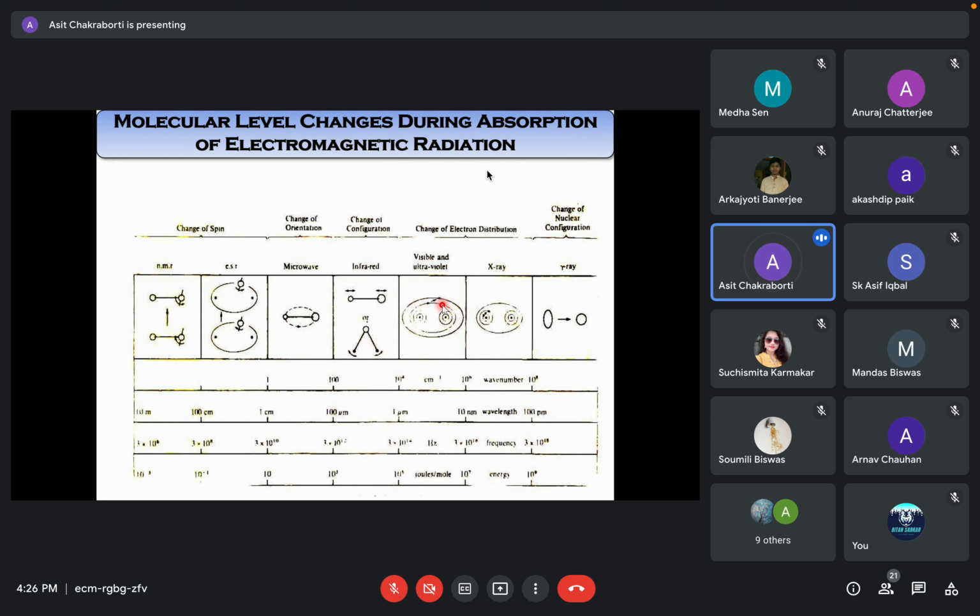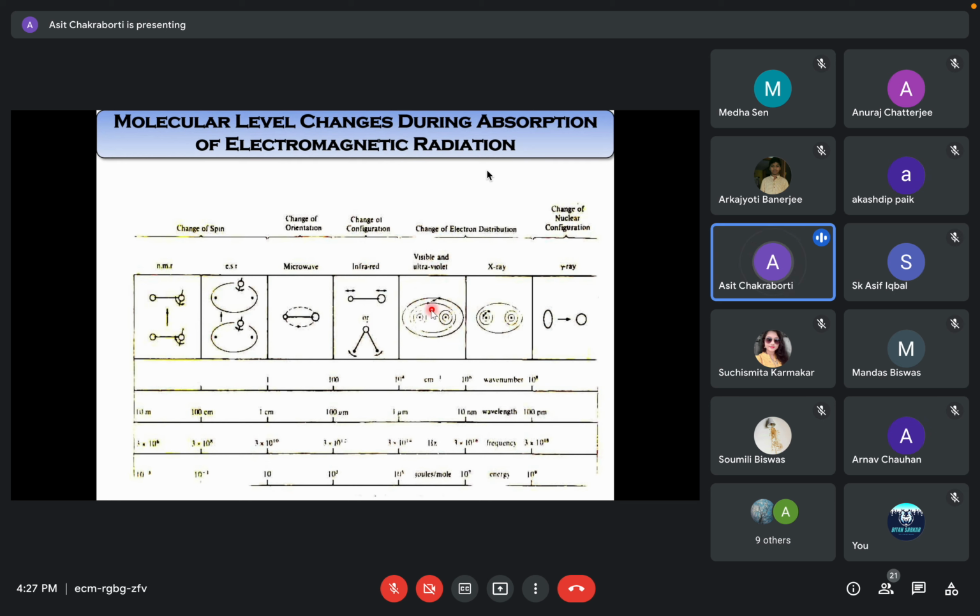The boundary is like this: during exposure of the analyte to the electromagnetic radiation, it should not undergo any bond cleavage. Dissociation means bond cleavage, and ionization is also another kind of dissociation. Otherwise your quantification will be erroneous, because the number of molecules absorbing is very different. So that is the boundary condition, and that distinguishes organic photochemistry from organic UV-visible spectroscopy. If the energy is so high that it induces bond breaking, then it becomes photochemistry, which is not going to obey Lambert-Beer's law.